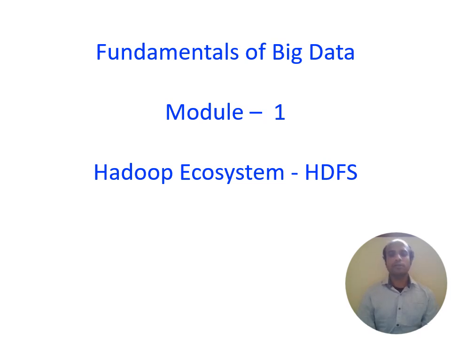So we have been seeing the different components of the Hadoop ecosystem. In the previous session, we did try to see how exactly MapReduce works, the different phases of MapReduce, that is the mapper phase, the shuffle and sort phase, and the reducer phase. We did see an example,